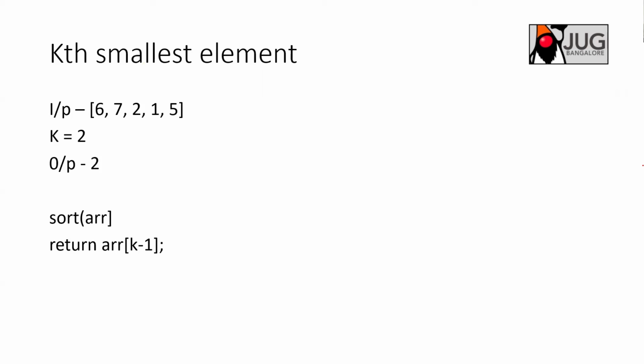This is the case where we use the Lomuto partition, or even the Hoare partition, where we are partitioning based on the pivot element, right? We can get to know which is the kth element even before the sort itself. For example, let's say I'm sorting this with the Lomuto partition. I started with 5 and placed it; when I go right, I placed 2, 1, and then 5 came here, and 6, 7 came after this.